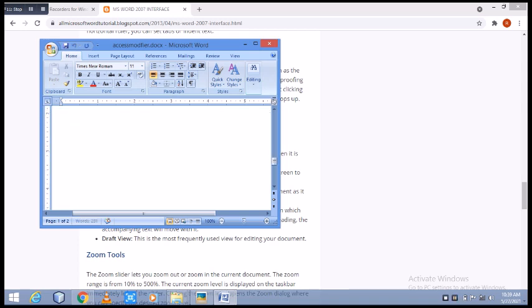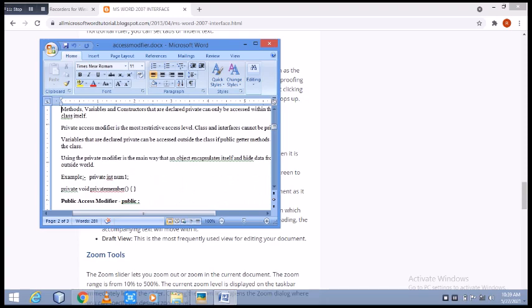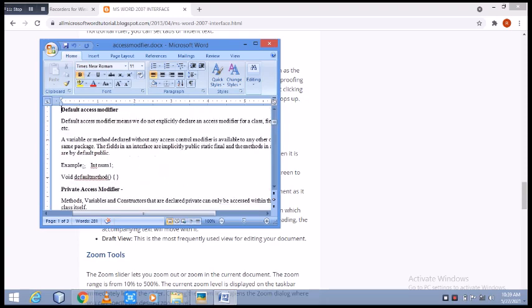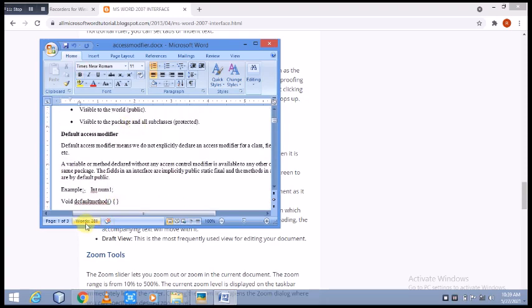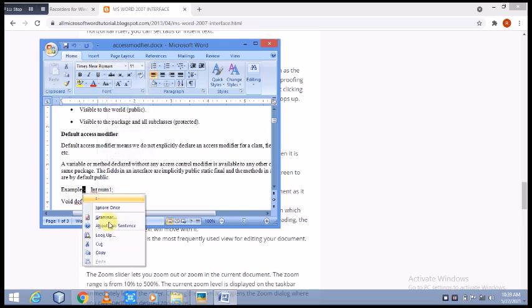Now, if we create page number 3, it will show the number of pages and the current page we have been working on, and what's on the particular document or particular page will be shown. Now, proofing errors were found. If there is any error found, then we can check by using this option.